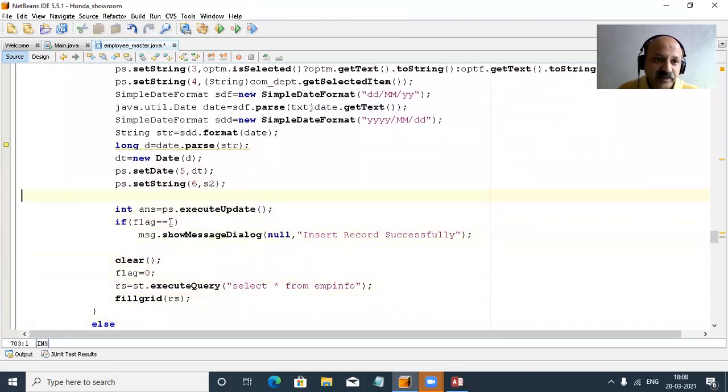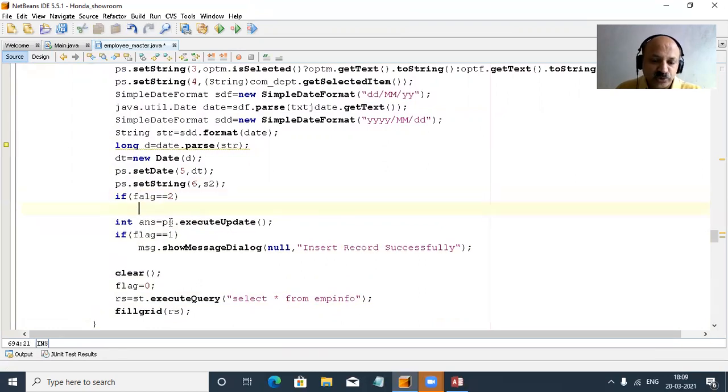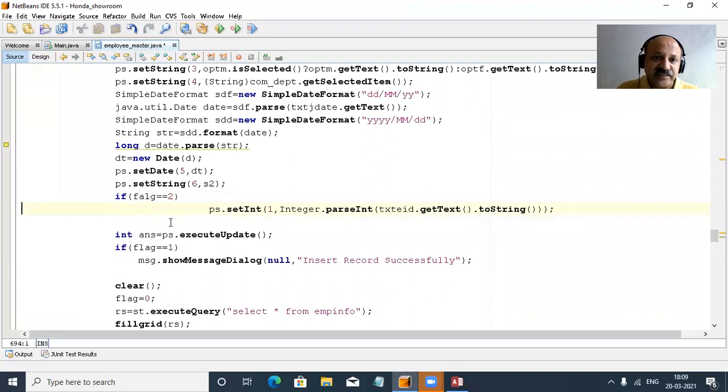Here I apply the if condition with flag equal to, the same first line, and I give index 7 because 6 is our update fields.